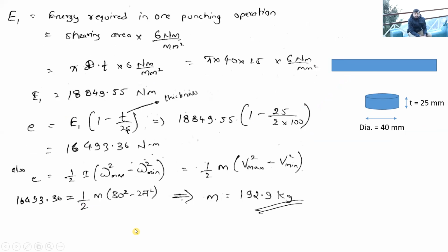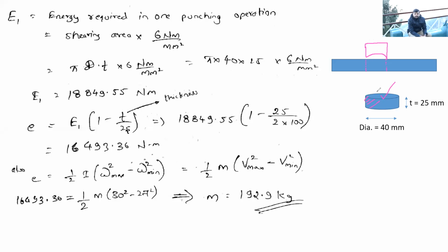Shearing area, see if you watch over here closely, when the punch is coming like this, what it will do is it will cut this much amount of material from the plate, right? And that material will come out like this. So where the punch is traveling, it is traveling around the periphery of this. So what would be the shearing area?